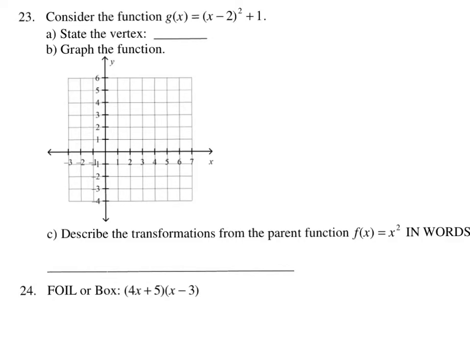To state the vertex when something is in vertex form, you flip the first sign and keep the second sign. So that means the vertex is going to be at +2, +1. So to graph it, I'm going to go over 2 and up 1 and put a dot. This is a quadratic function, so the parabola goes through the vertex, it opens up because the leading coefficient is